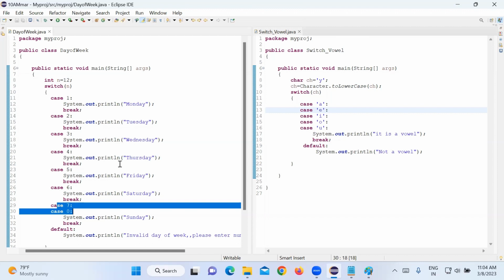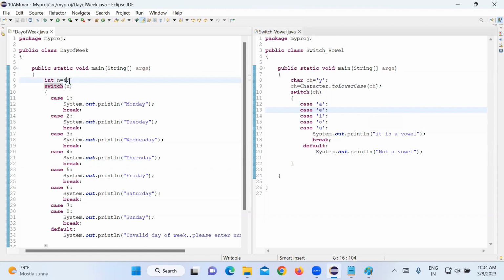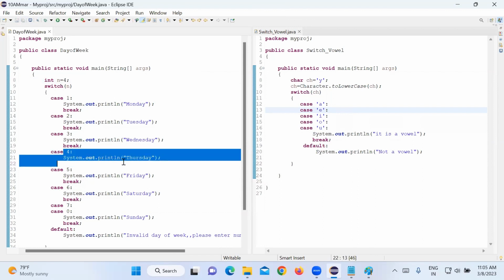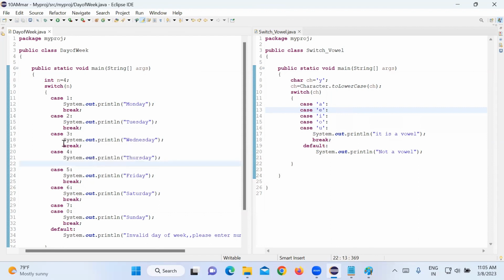Okay, understood. But there is another problem here. For every case, there must be a break. If there is no break, what will happen? It will not consider the other one. Case 4, it will display Thursday, right? It will print Friday also, because case 4 is satisfied,